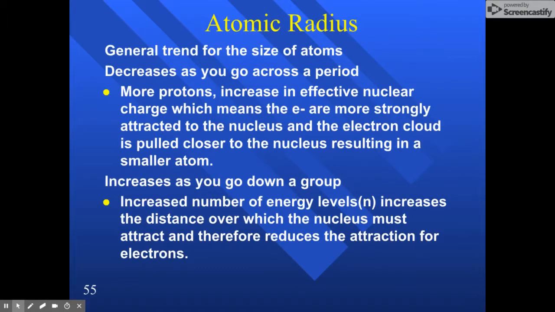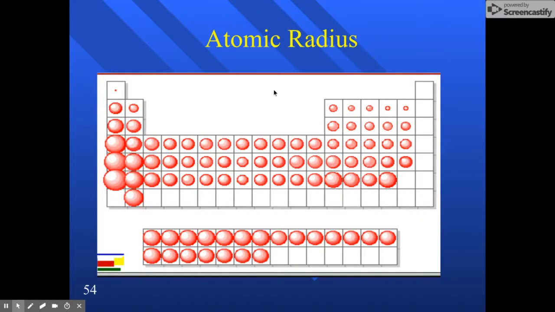All right, in general, as you go across a period, so as you go from the left side of the periodic table to the right, we have a decrease. Well, what's happening there is that you end up with more protons. And those more protons in a nucleus are going to increase the effective nuclear charge. Now, the shielding is going to remain constant, because as you go across the periodic table, remember each period corresponds to an energy level. So if we're going across the periodic table,